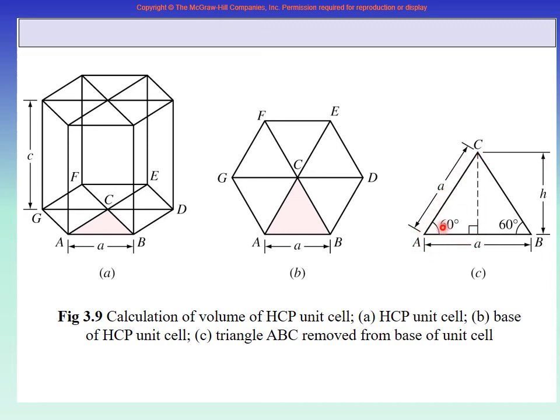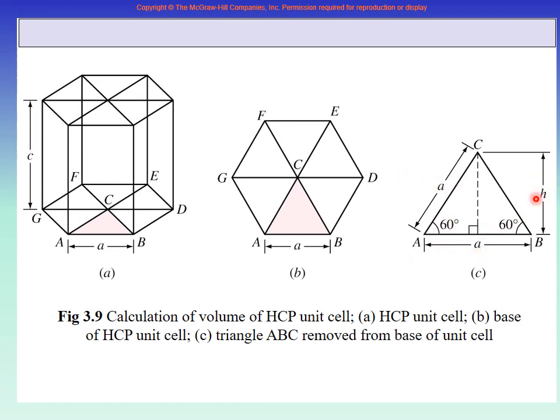If you take sine 60, then it will be H upon A. Understood? Sine 60 is opposite upon hypotenuse, so sine 60 is H upon A. Cos 60 is half A upon A, and so on. This does not work because H should be there. You can even take tan 60, which is H upon half A. So you can take sine, cos, or tan, but take sine and then you will find it.